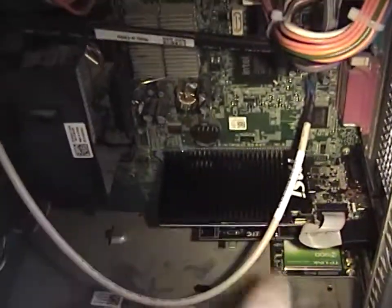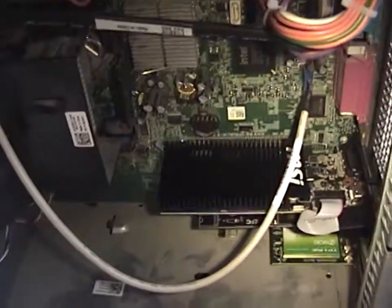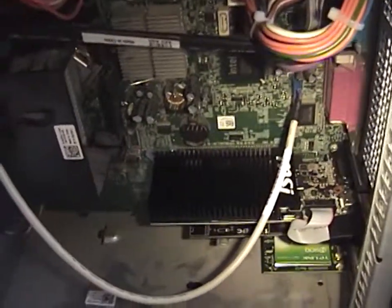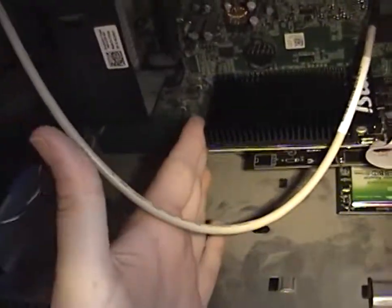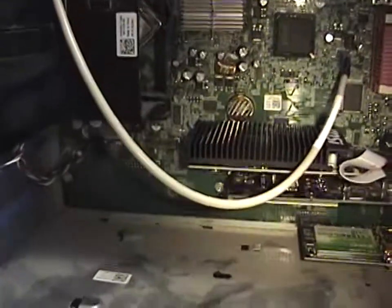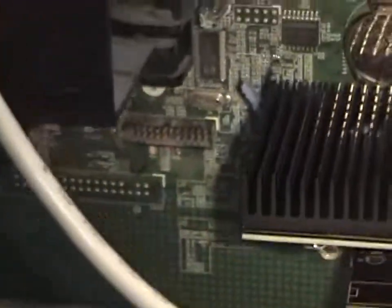About triple the power of this card, and it was a bit more power. I did the calculations as I always do, and it actually was a bit more power for the money, a bit more power per dollar, but it was also fanless, so the card was quite a bit longer than this one, and it had a bit of a thicker heatsink, and so I wasn't confident if it would fit in this odd case. And just looking right now, I think I might have made the smart choice, because, oh, especially